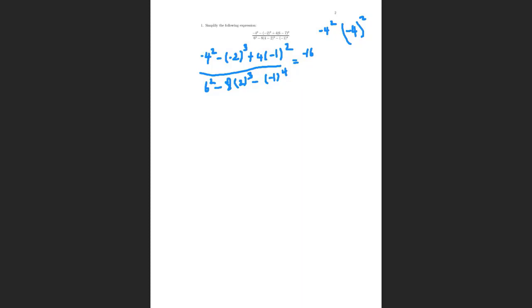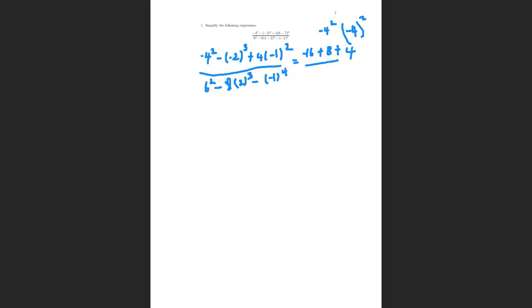And then this -2 cubed will evaluate to a -8. But since you have a subtraction sign in front, the subtraction and negative cancel out and it becomes addition. So you get like a +8. And I guess this -1 squared is fairly easy. It's just going to be 1 and plus 4